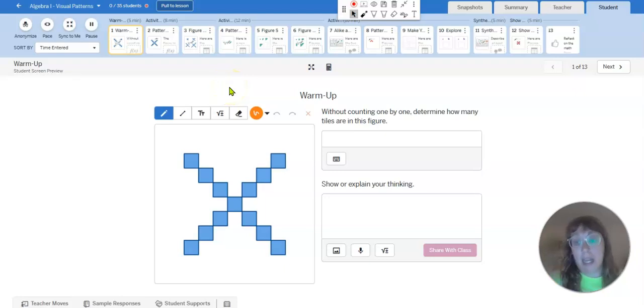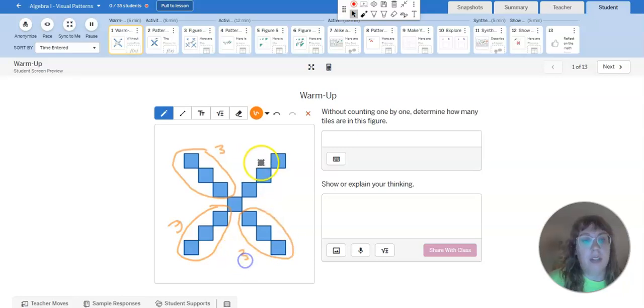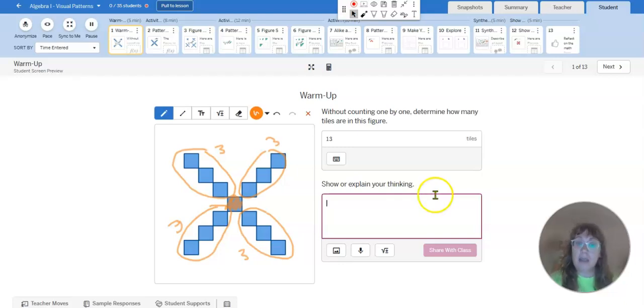Something that I notice is we have these like wings in groups of 3. I see a few of them. There's one, here's another group, and here's a final group. So we have 4 groups of 3. 3 plus 3 is 6, plus another 3 is 9, plus another 3 is 12, and then we have this one in the middle here, which would get us 13 in total. So you want to put 13 there if that's what you got, and maybe you did it this similar way,